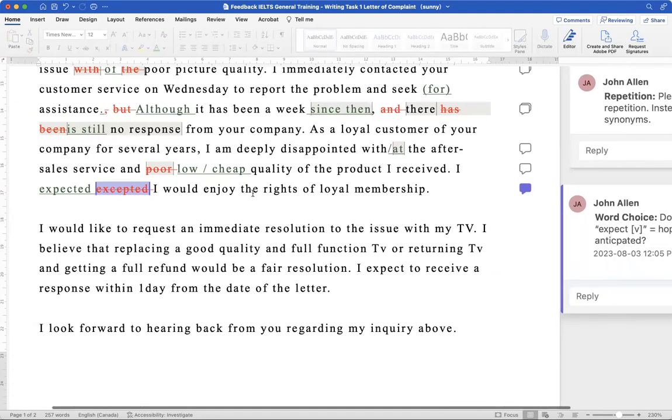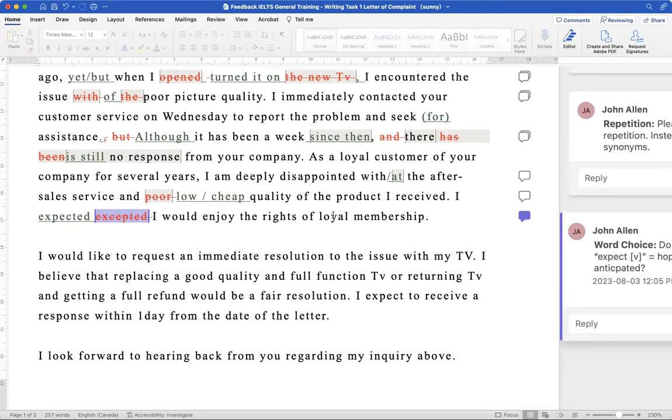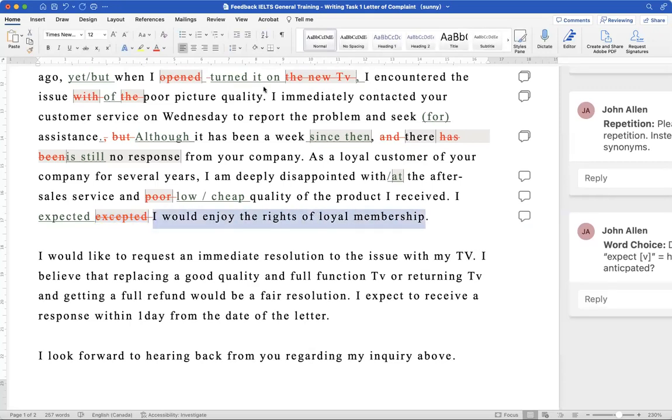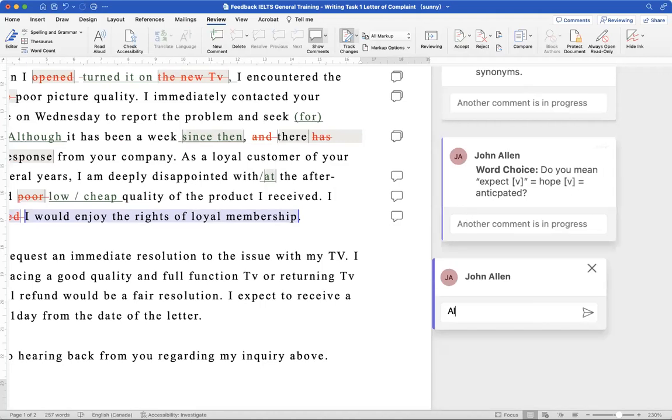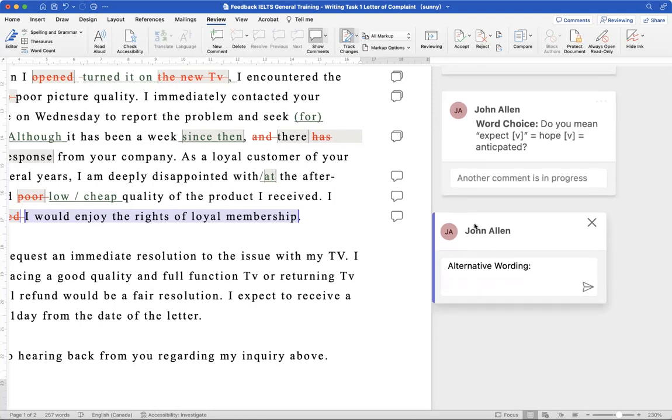I expected I would enjoy the rights of a loyal membership. This sounds okay. I mean, this is okay, but I would write it in a more natural way. A native speaker would write something along these lines. Alternative wording. Again, it is not wrong, but a native speaker would write something like this. To be honest, I